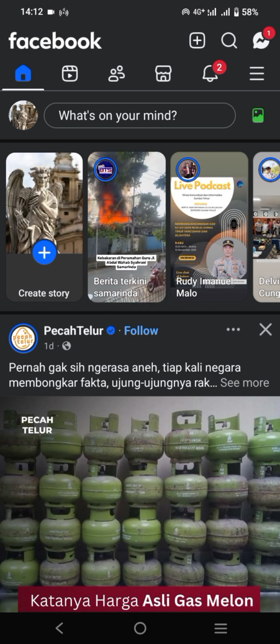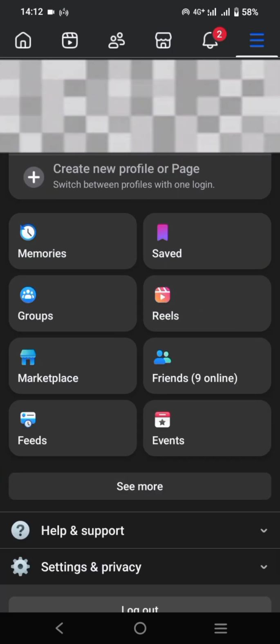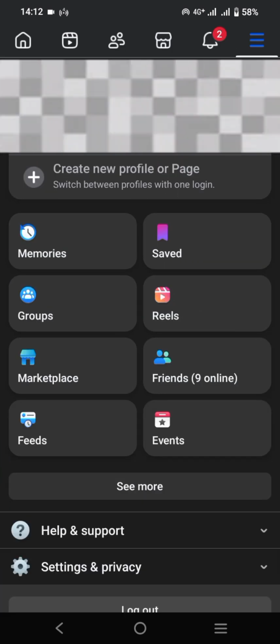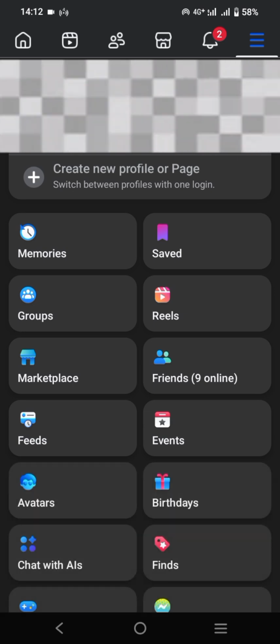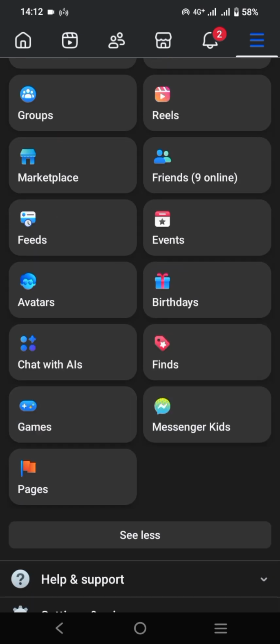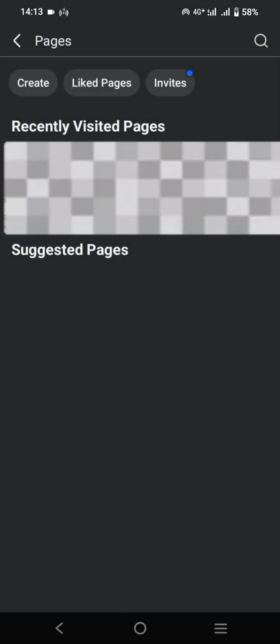After that, you can go to this menu, which is the three stripes over here, and you'll see several tools or menu options. After that you can click see more, and if you scroll down you will find Pages, which has the flag symbol. You can click this, and this will be the section that gives you the recently visited pages